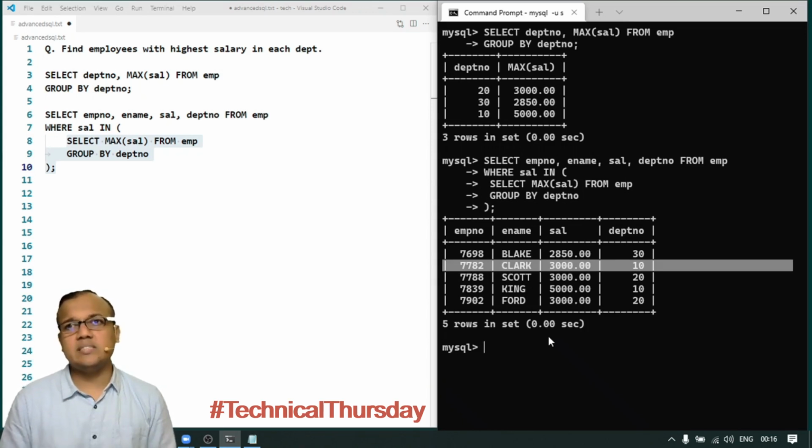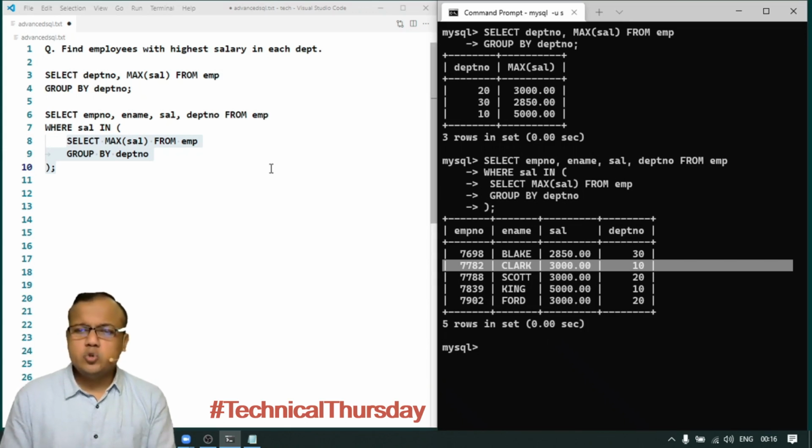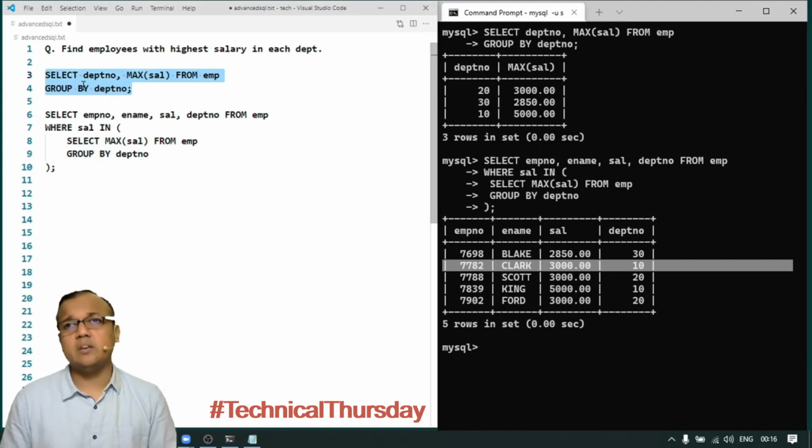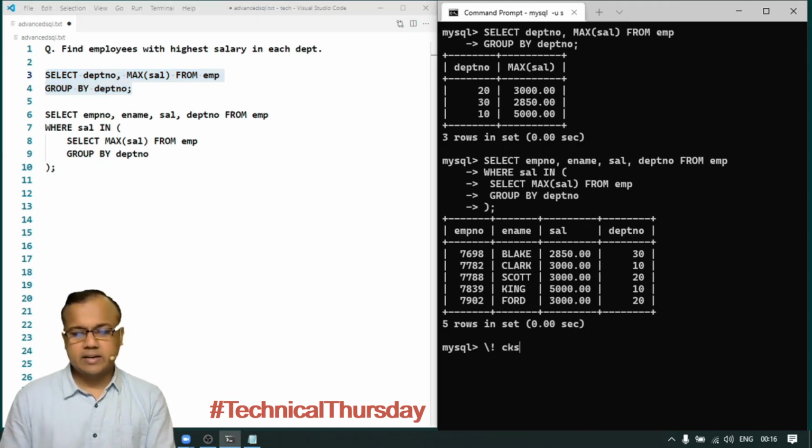And now we realize that even though the problem seems simple, it is a bit tricky. How can I handle that? I think of using a join of the output of this group by query with my original EMP table. Can I do that?